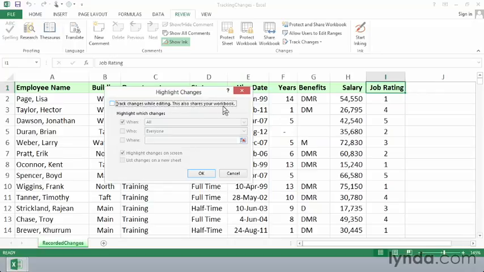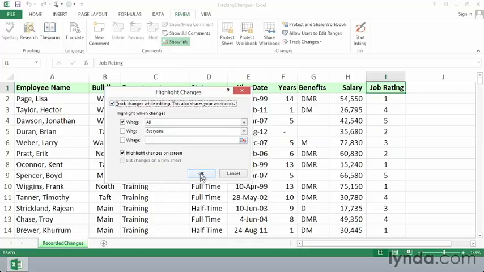This also shares your workbook. Now that sounds a little confusing maybe. Do we want others to be able to get to this file? Well, maybe not. If we share a workbook, we're simply setting up the possibility that others could be using it. But of course, if we're saving this file in a location that no one else can get to, it simply means, in effect, nothing. The word is going to remain in the title bar once we complete this action here